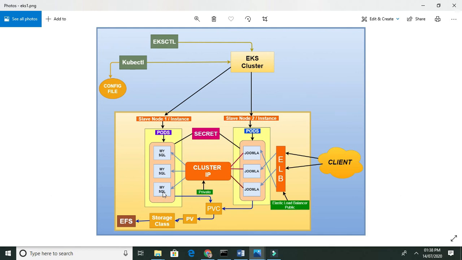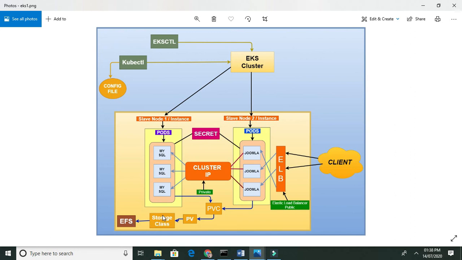And one more thing, we are storing the data of the Joomla pods and MySQL pods in EFS. How it works: first we make a PersistentVolumeClaim, then it goes to the PersistentVolume, and the PersistentVolume goes to the StorageClass. The StorageClass will give us the EFS.